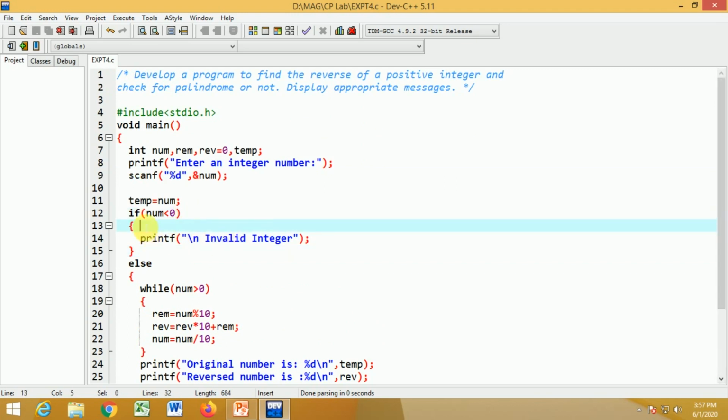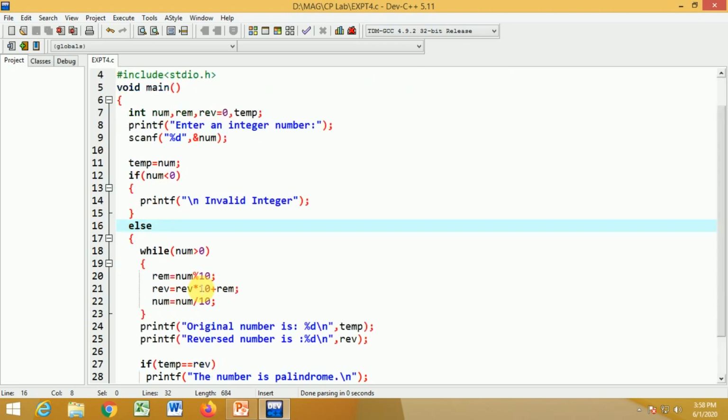The if condition is: if num less than 0, it means it is negative. So if the num value is negative, we'll simply display the message as invalid integer. If you want, you can display the message as negative integer, no problem. We'll simply display this and we don't do anything else. So in the if statement, if num is less than 0, it will display only this message, that is invalid integer.